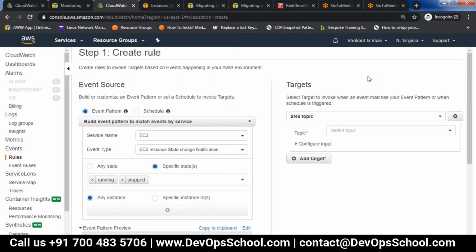According to the shared responsibility model, you cannot monitor anything happening inside a particular service. So you'll have to put agents inside EC2 and integrate it with CloudWatch. Okay, so that is about CloudWatch.